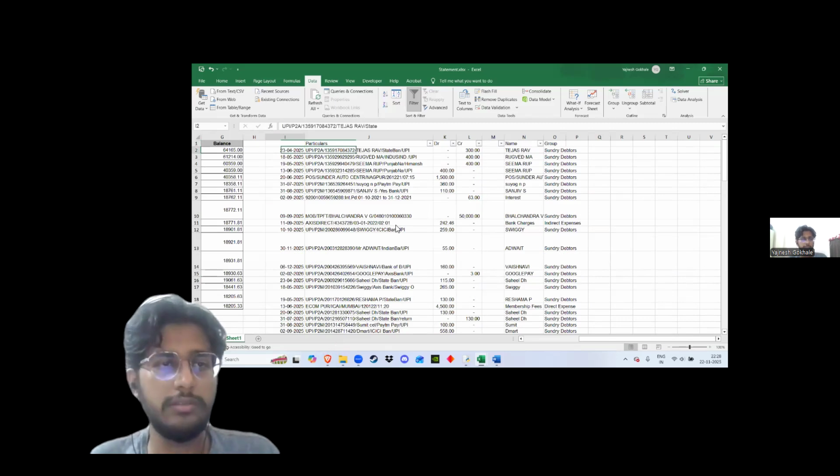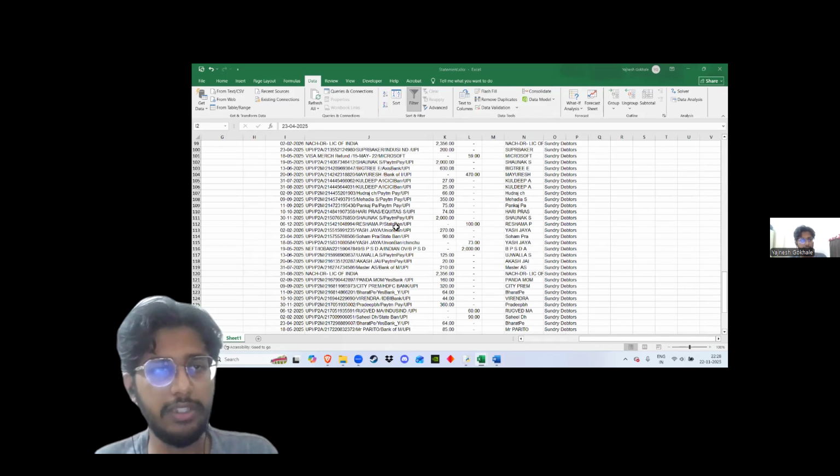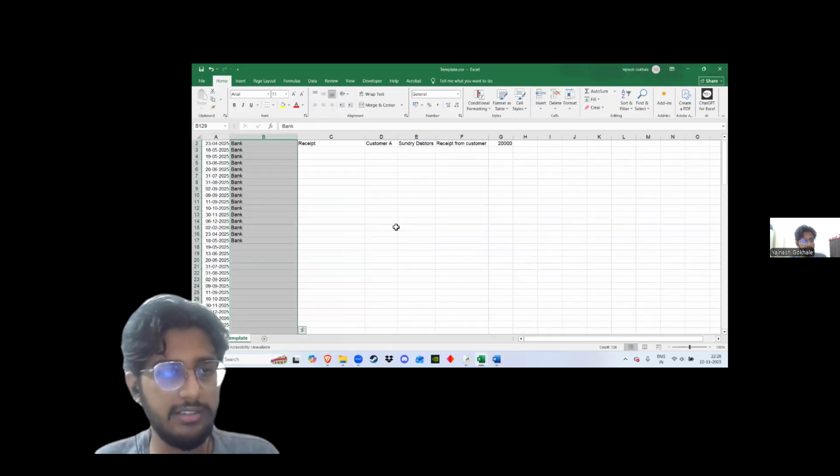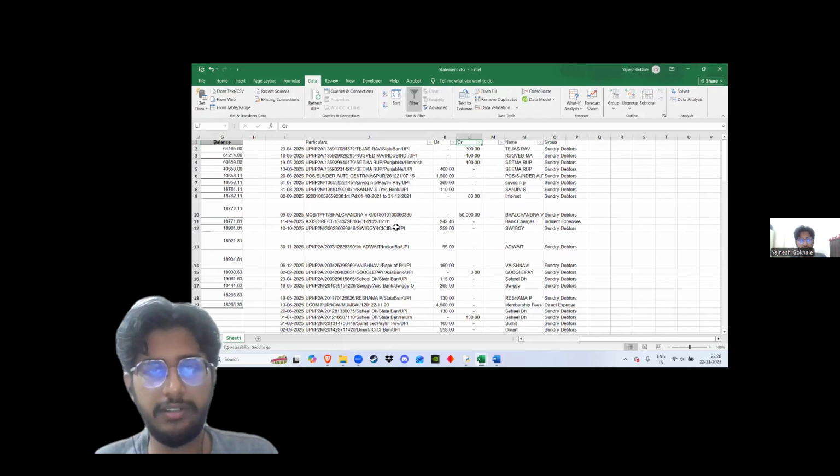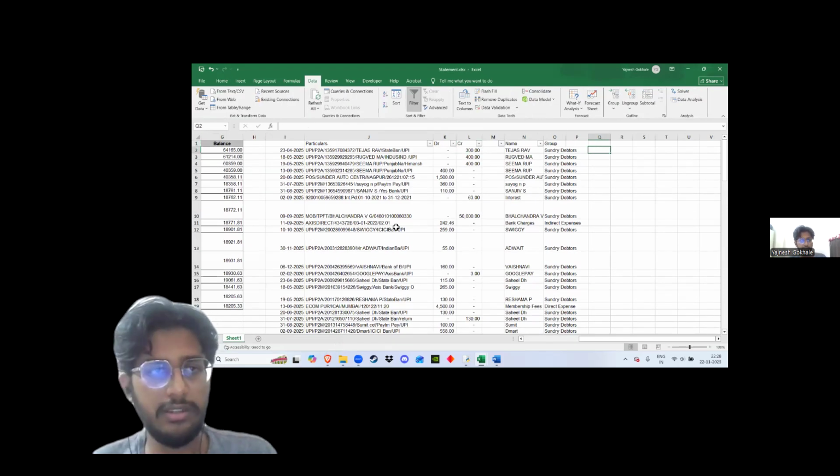Okay, so I have these dates. Whether these are bank entries or cash entries, they are all bank entries. Okay, whether payment or receipt, for that,